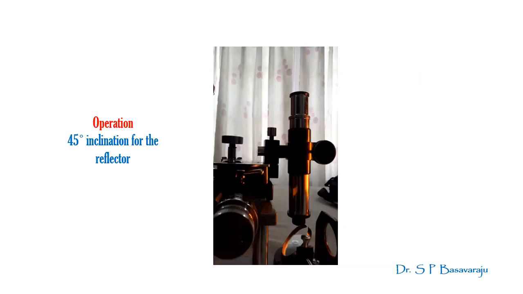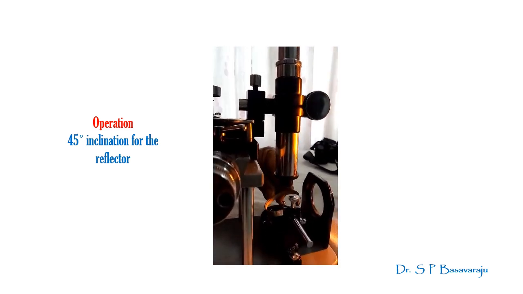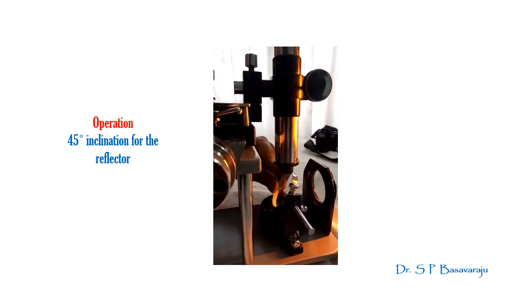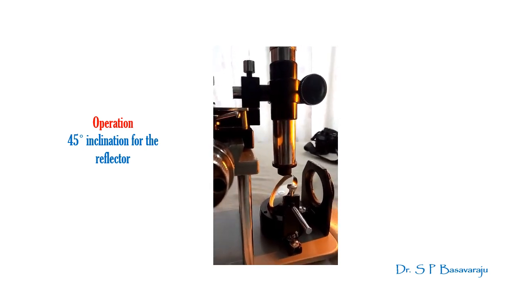Keep the TM in front of the sodium lamp such that light falls normally to its front. Looking at the reflector from outside the microscope, turn its plane to a forward inclination of roughly 45 degrees by visual inspection to the incident light like this. Then, looking through the eyepiece, adjust the inclination of the reflector by rotating its handle gently over a small angle of 5 to 10 degrees till you see some light. Stop at the maximum illumination.